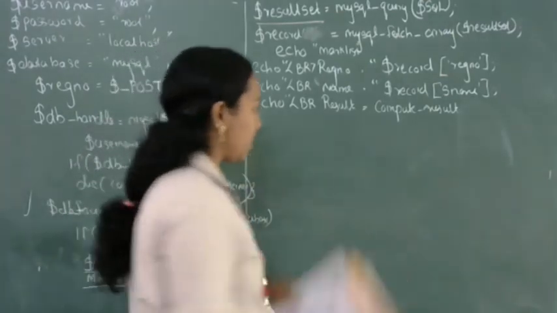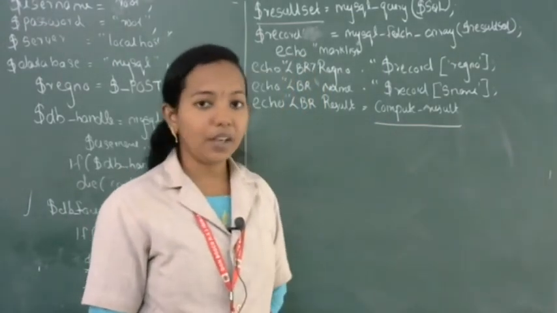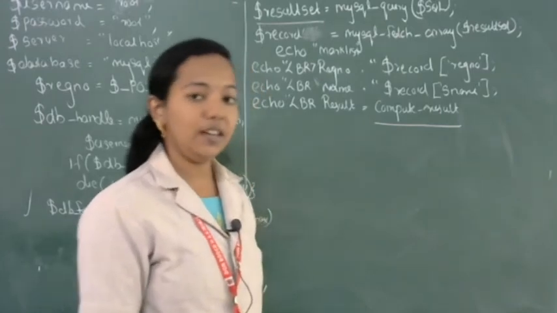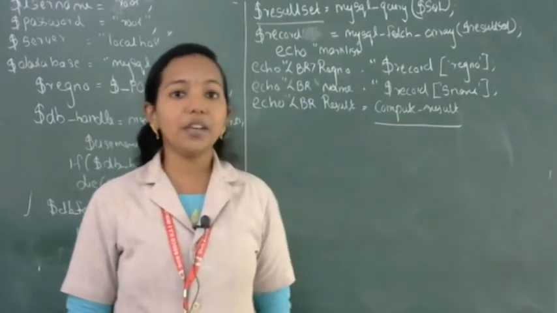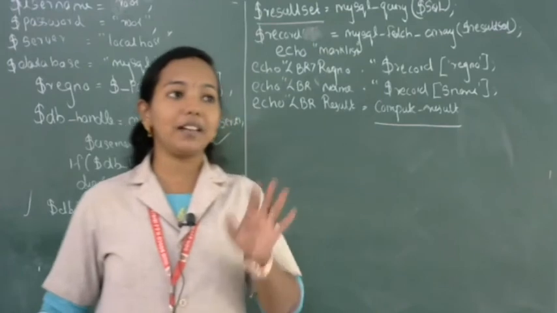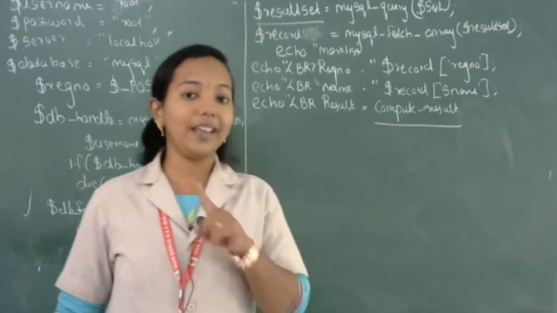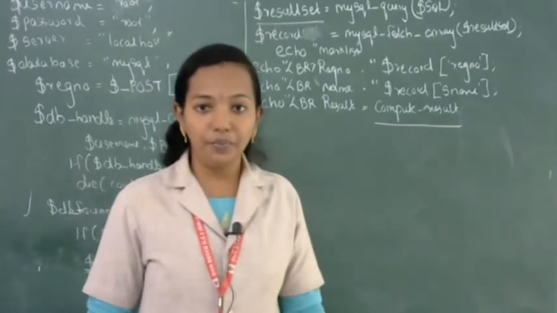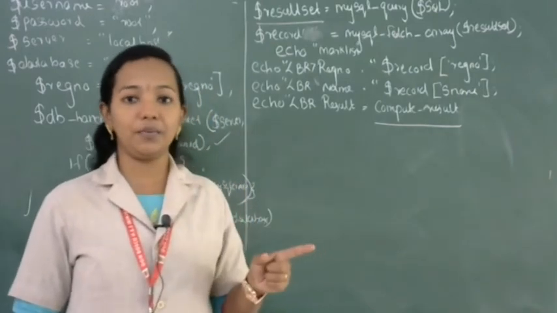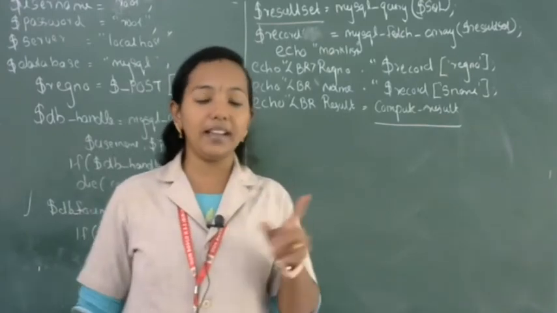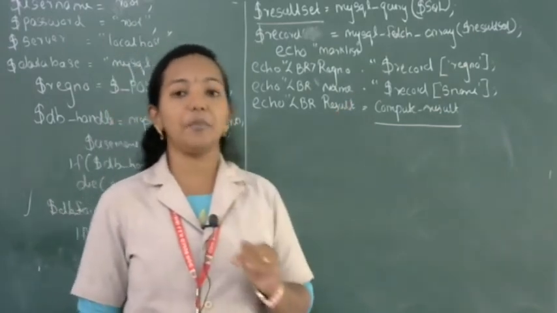Then here I mention one term called compute result. Actually it is a function. Compute result is a function in PHP. Using compute result we are finding the grade of a student. If the student got less than 40 in any subject, that is M1 less than 40, M2 less than 40 or M3 less than 40, then the student failed. I am not going to write this because I gave the same program in the previous video. I included the same program to find the total score of a student. The same function we are repeating here.